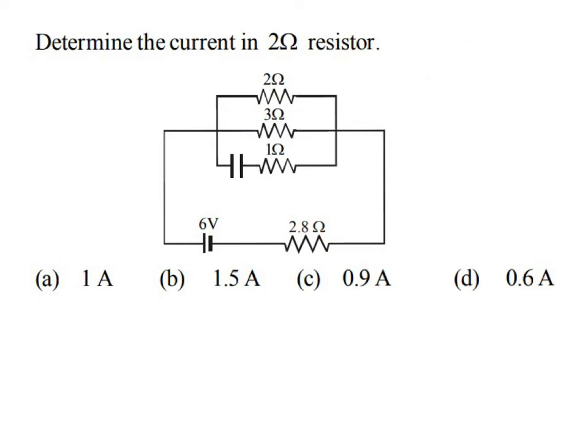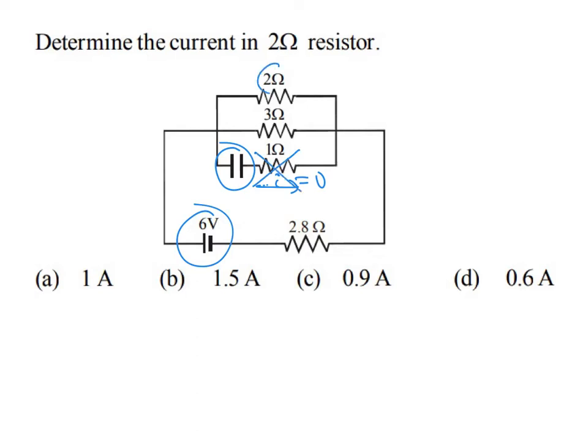Determine the current through the 2 ohm resistor is the question, right? To get the value of the current flowing through the 2 ohm resistor, first of all you need to find out the main current through the battery. As here it is a charged capacitor, it always blocks the DC component. As it is the DC supply, it has to block the DC components. There is no flow of electric current here, I equal to 0. So we can ignore this 1 ohm resistor.